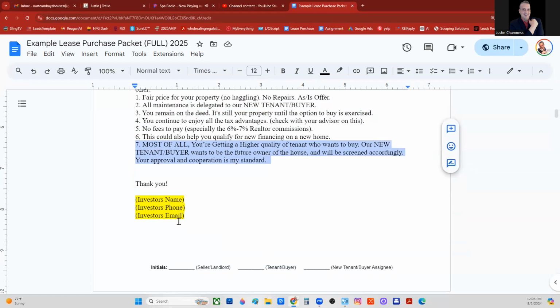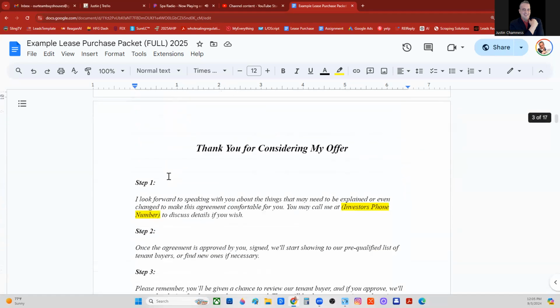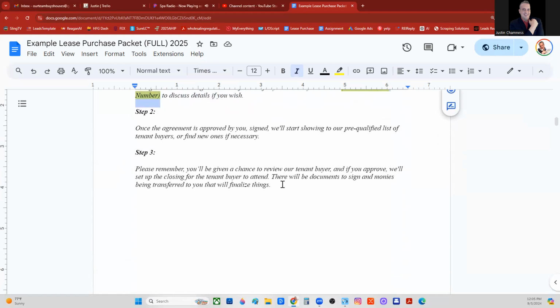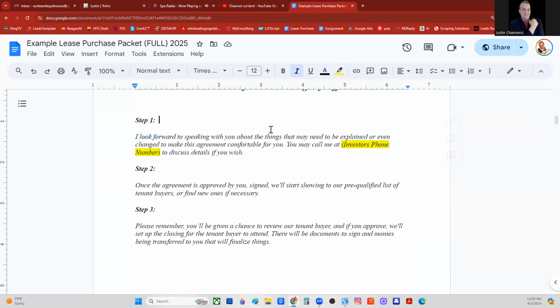Now we're going to slide down, and there's step 1, 2, and 3. You're going to put your phone number here where the yellow highlight is. You're going to delete the highlight, replace it with your phone number. Mr. Homeowner, I look forward to speaking with you about the things that need to be explained or changed in this agreement, okay? Because this is going to be negotiated. It's not going to be accepted just plain as is every time you send it out. So be prepared, and this is actually setting up the homeowner to believe that you're flexible enough to listen to his wishes and his opinions about things,